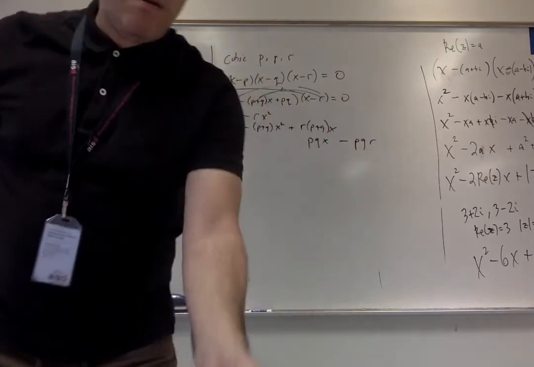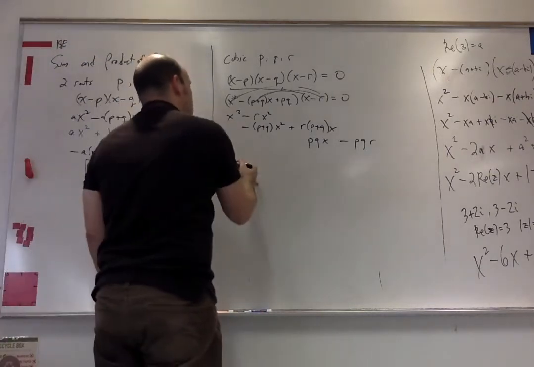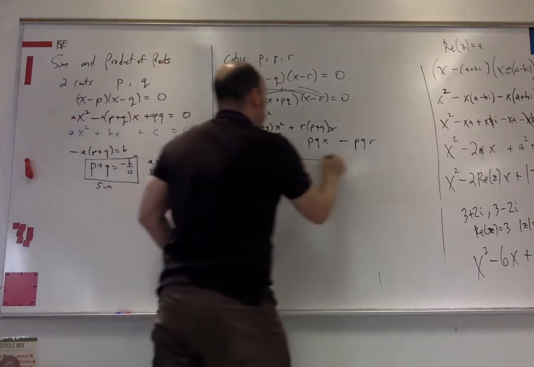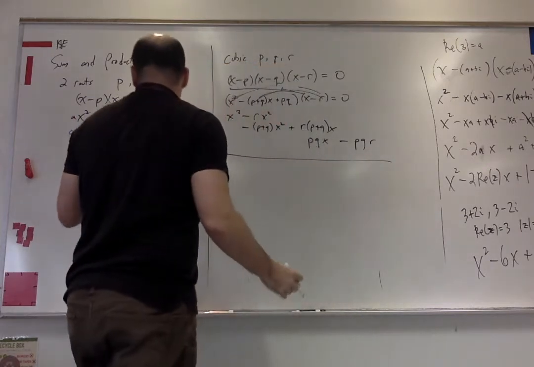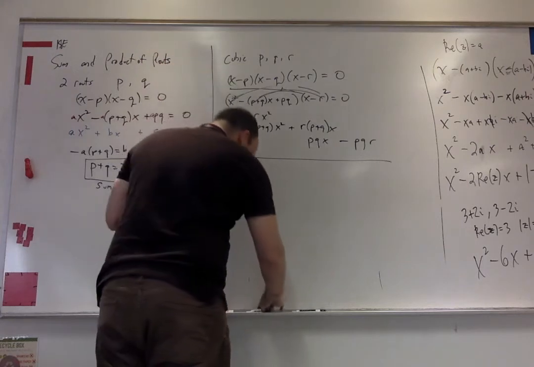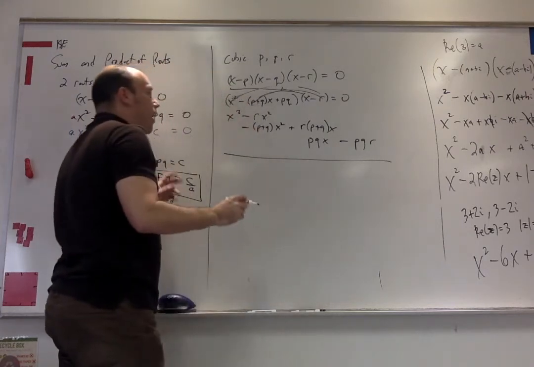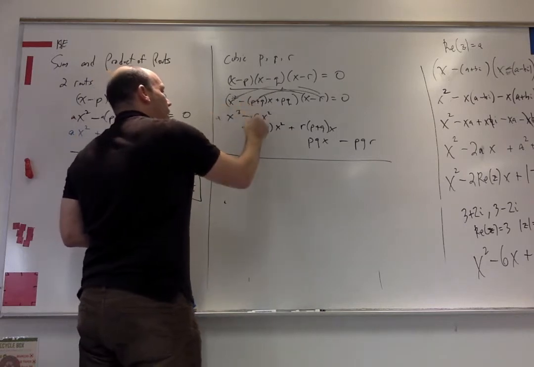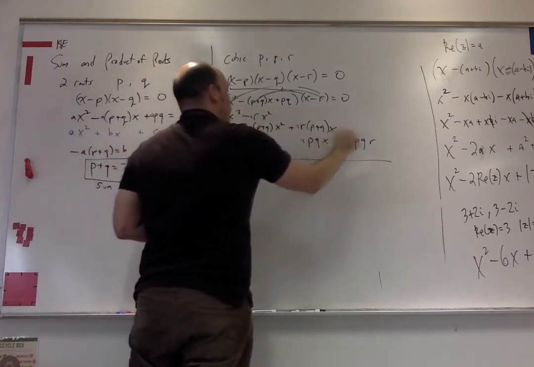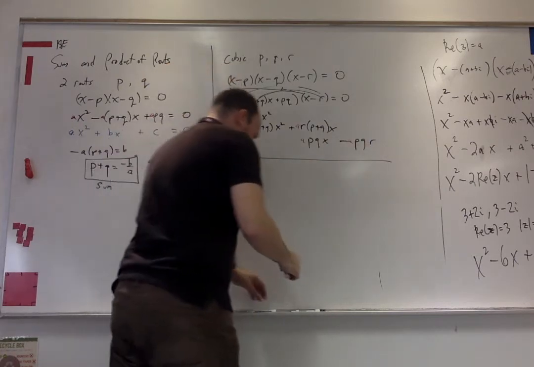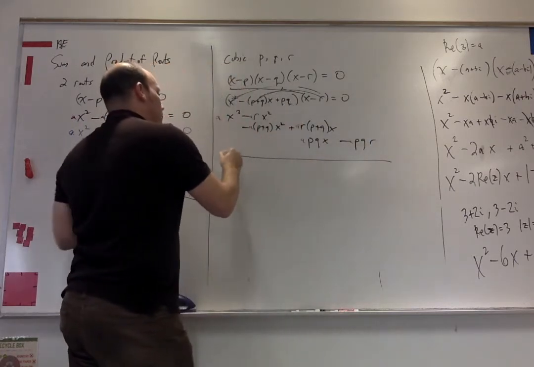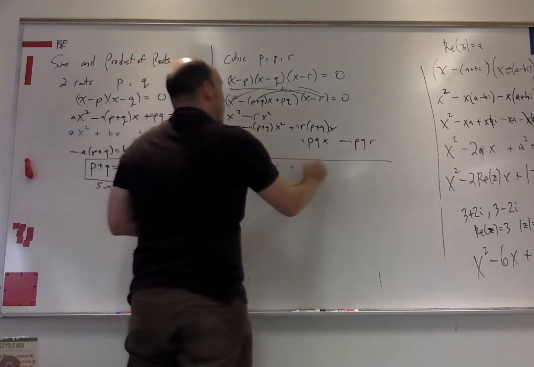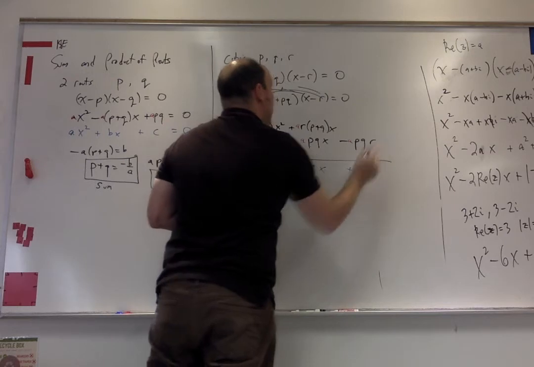Okay, we don't need to get this cleaned up. We have what we want. Once again, I put these underneath. And the last thing we want to do, I apologize, is multiply everything by a. So if we match this up to ax cubed plus bx squared plus cx plus d,